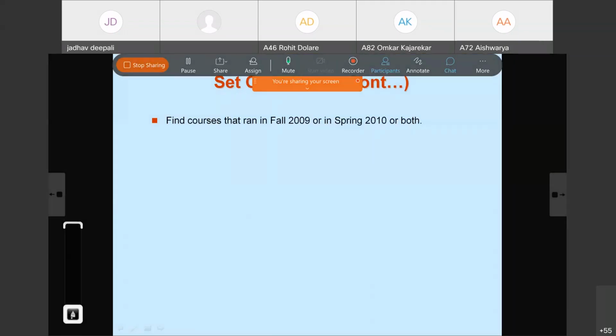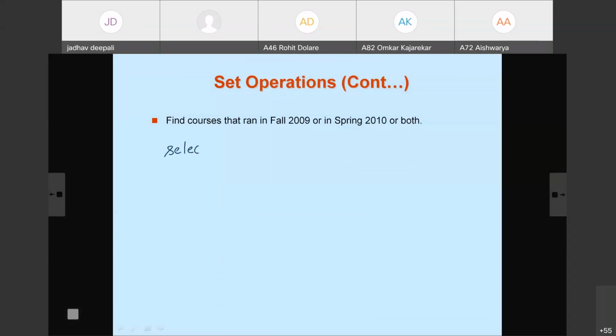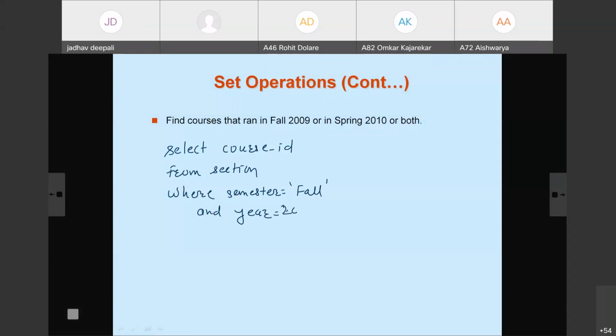The first query is: select course ID from section where semester is equal to fall and year is equal to 2009, an integer. This is the first query, where we get the course IDs for fall 2009.